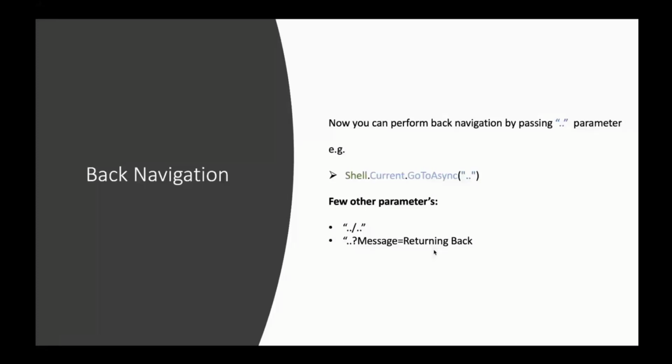Most of you must be having this question: instead of those parameters, why don't they just add a GoBack method? There are some design specs going around on how to incorporate this. But as this is not just about passing a double dot, there are other parameters, like if you want to navigate up the hierarchy or you want to pass some parameter while navigating back, this feature is very useful. In future, you might expect some methods like GoBack, but due to some naming convention issues, the spec is still in progress or in review. But the Xamarin team is still working on how to make it more friendly.